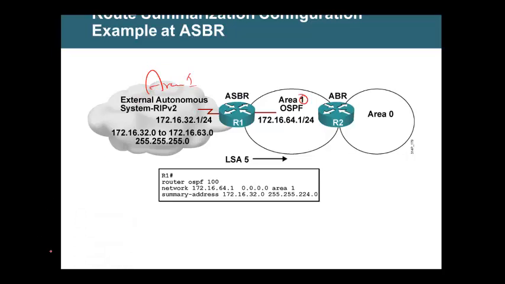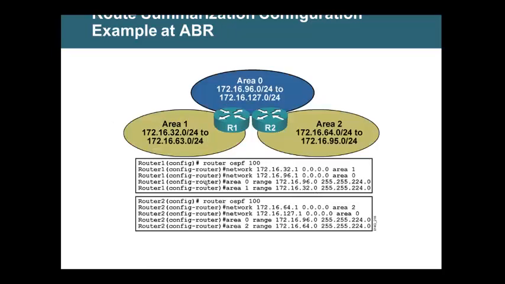So you cannot use the area 1 range command. In ASBR, the networks that you are going to summarize are not from any area, so you cannot use that same old command. You cannot use this type of command.